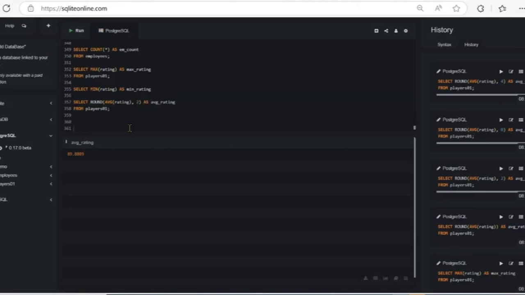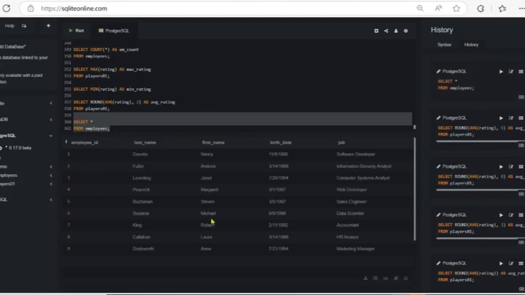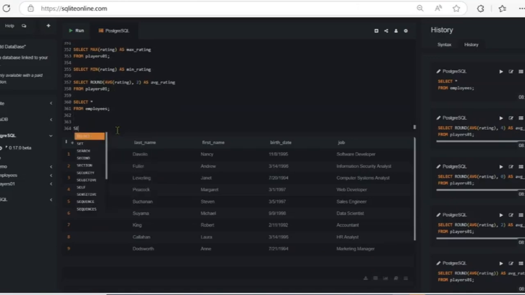Then let me go to a few scalars. I want to select, and then I'll say upper. Before I go on, I want to select all our tables so that we see what we have in our table. From employee, let me use the employee table. Okay, so you see, I want to turn the last name to capital letters or to uppercase letters. I'll say select